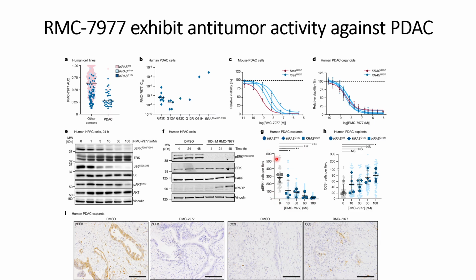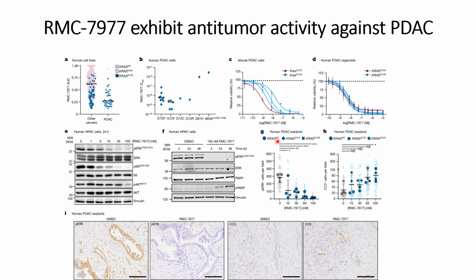And they found that with an increase in concentration, they see a decrease in the phosphorylated ERK cells per field. That is, when RMC-7977 is 0, the ERK signaling pathway is high. However, with an increase in RMC-7977, they see a decrease in the ERK signaling pathway